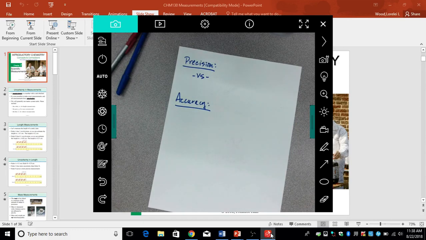And I've seen that, and it actually does make a lot of good sense. So if we're talking about a bullseye, what's your name? Ryan. Ryan said that if you hit the bullseye, then you're accurate. You're actually getting what it is that you want. Or in the case of a measurement, when you measure something, your accuracy is how close your measurement is to